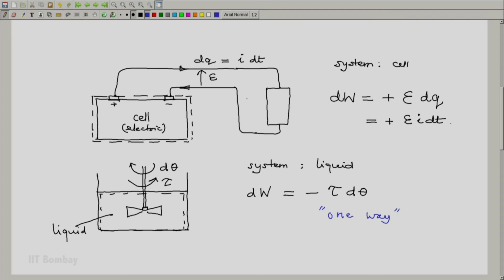Come to the previous illustration, that of an electric cell. You buy a cell or you create a cell, it has a typical potential associated with it. A typical dry cell will have a potential of 1.5 volts, maybe different designs will have different. A Leclanché cell may be 1.2 volts. You can create various types of cells in your physical chemistry lab, the electrochemical experiments.